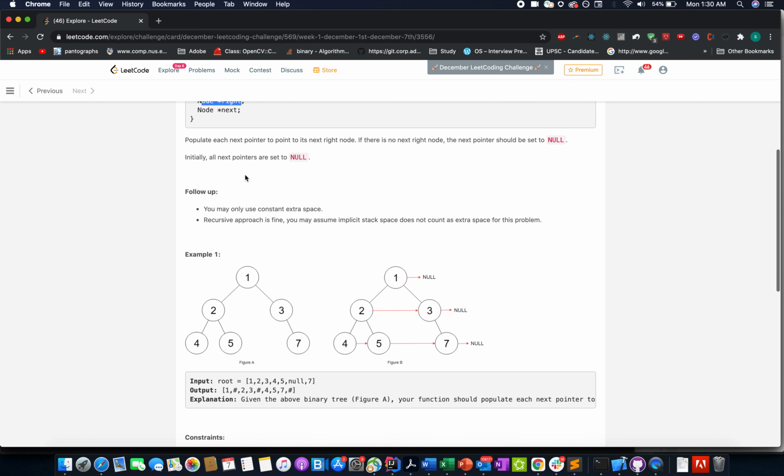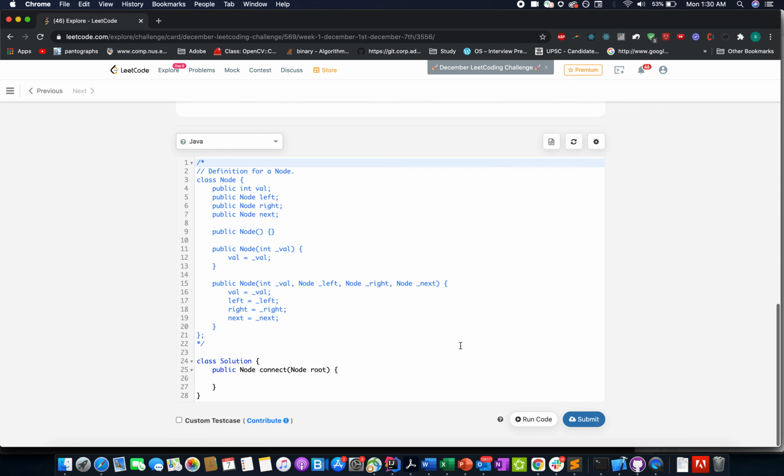So we want to make sure that we reconfigure the tree such that all the rights are correctly populated. You got a hint from the example itself that this has something to do with the BFS traversal. Since we are going level by level, this first level, then second level, then third level, and now just look at the algorithm.